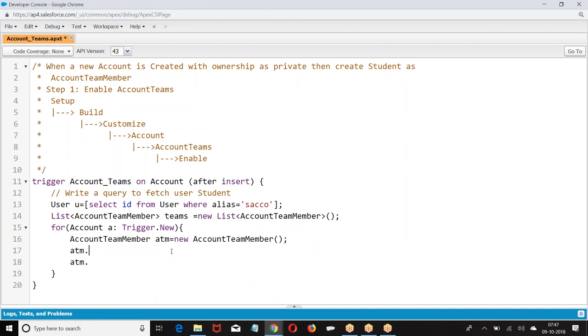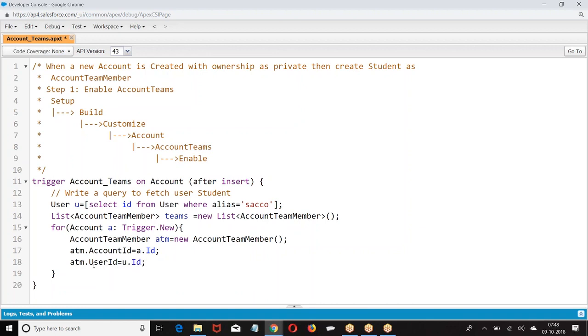Look at the point. When you are trying to create an account team member, first we need to understand what fields are there on the account team member. First, on which record do you want to create the account team member? Account ID equal to a dot ID, on this account. Now whom do you want to create as a team member? ATM dot user ID equal to u dot ID.